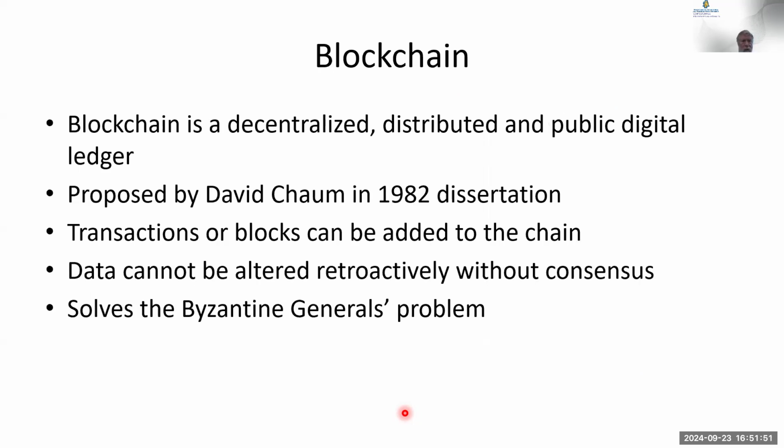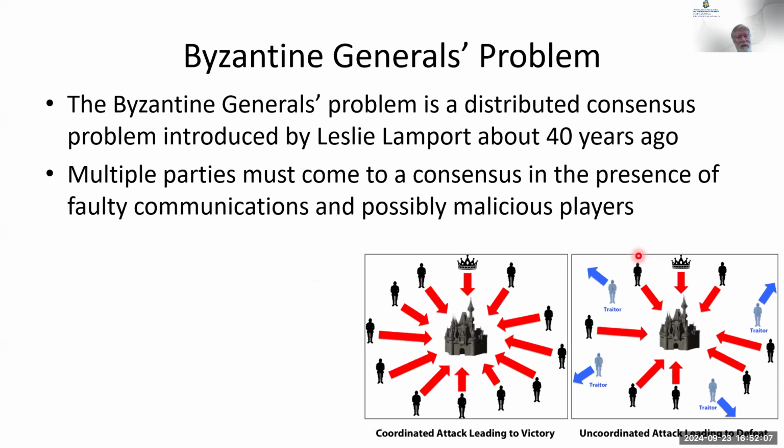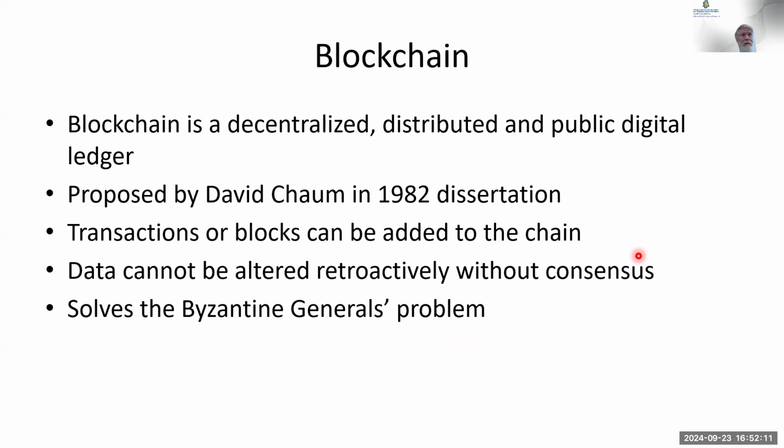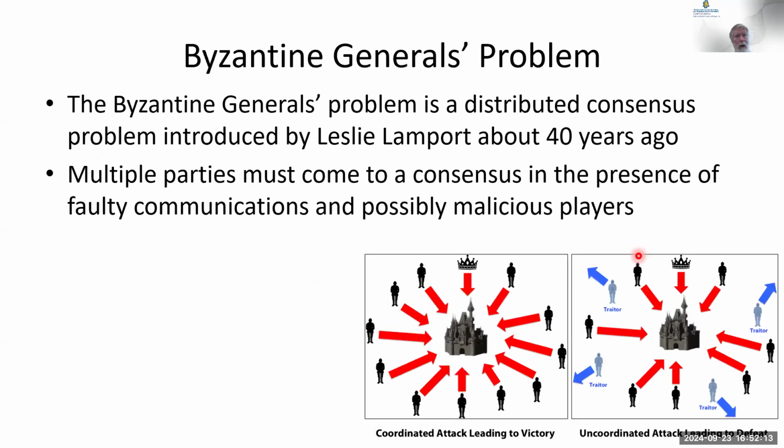Quite a while ago, Dave Chaum again came up with blockchains. I've heard a lot about blockchains that are out there. Okay, blockchains are a method that solves the Byzantine generals problem. What is the Byzantine generals problem? By the way, that's all blockchain does, is solve the Byzantine generals problem. Byzantine generals is a distributed consensus problem, where a whole bunch of remote online entities can come to an agreement about some value.